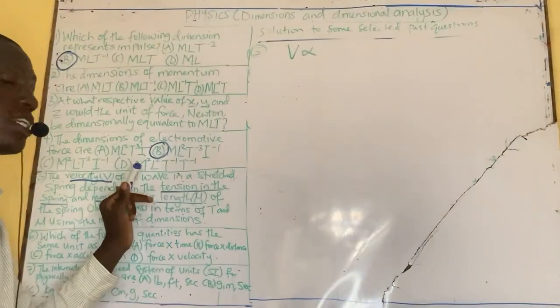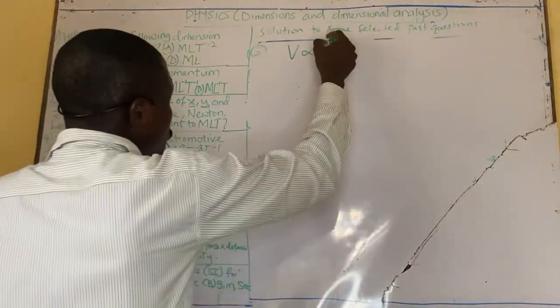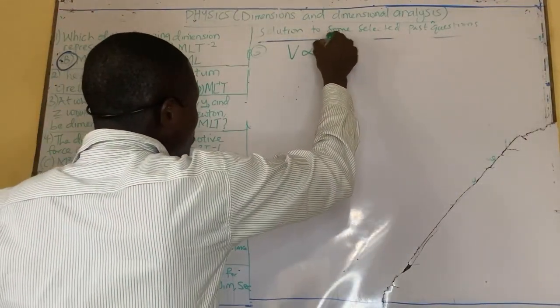Since they are not mentioning the type of proportionality here, we are going to take it as direct. Please know that they say it depends. They didn't tell us it's inversely proportional, so we take it as directly proportional. That is, V depends directly on the tension T,